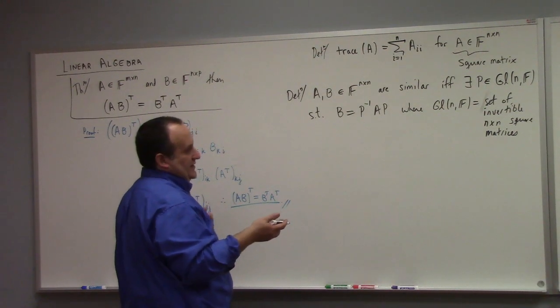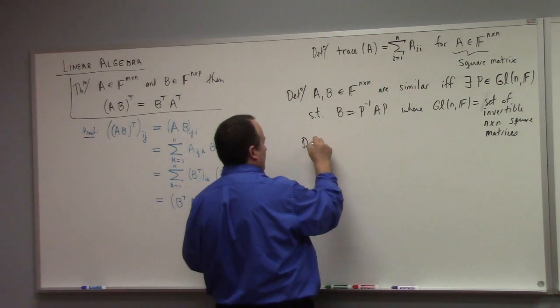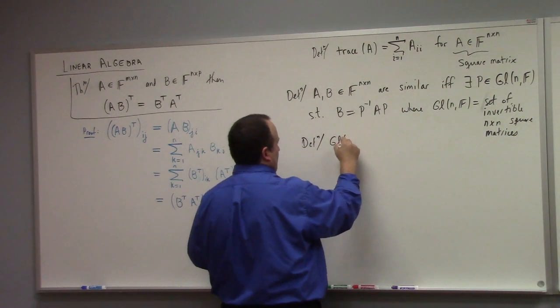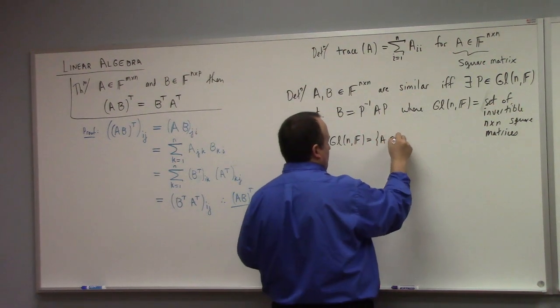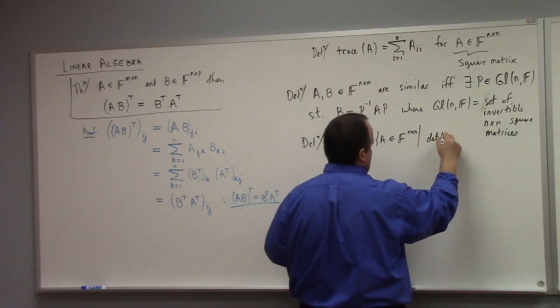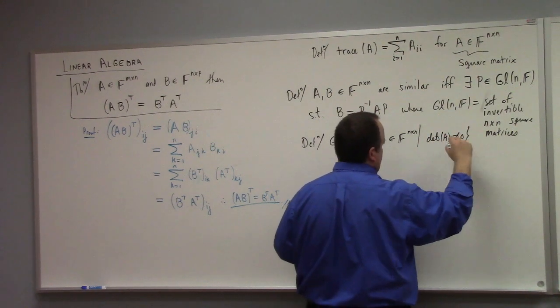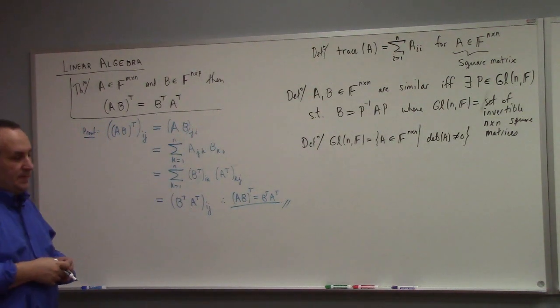How would you define GLNF? We could define that separately, right? GLNF is the set of A in F^{n by n} such that the determinant of A is not equal to 0. That serves to define the set of invertible matrices. All right,